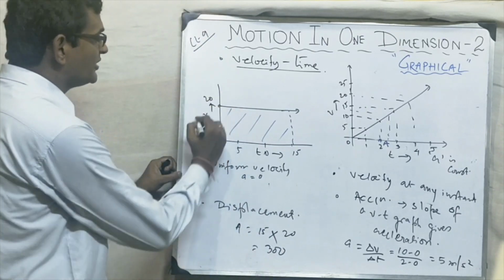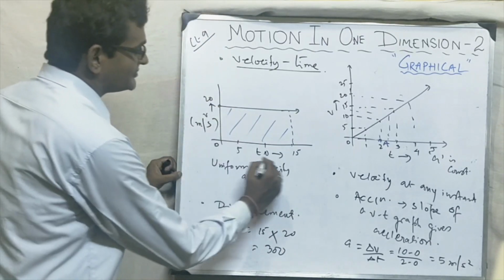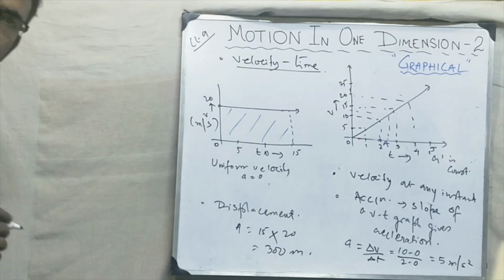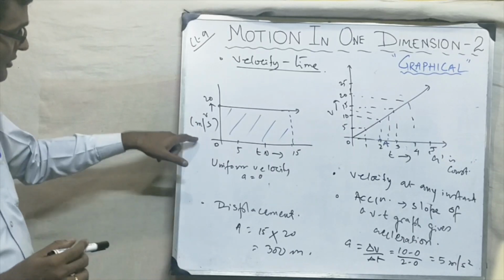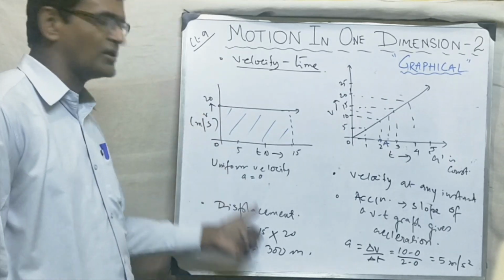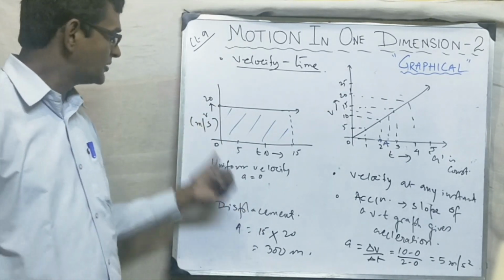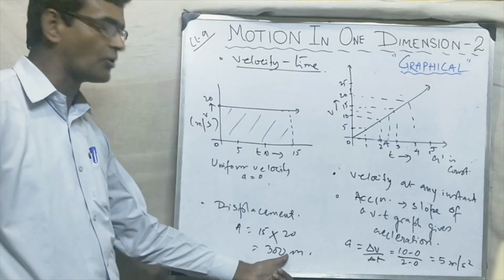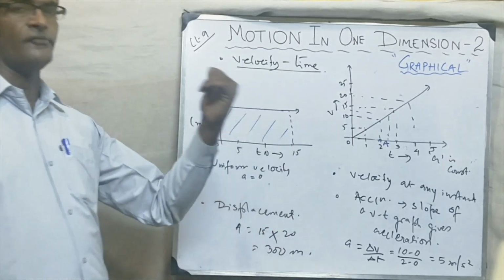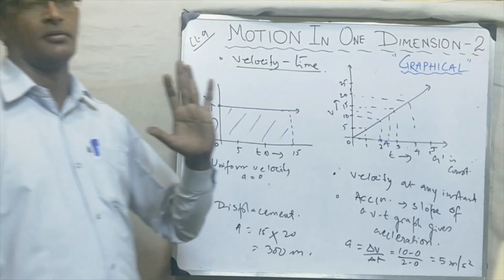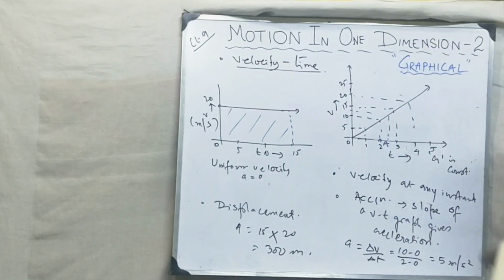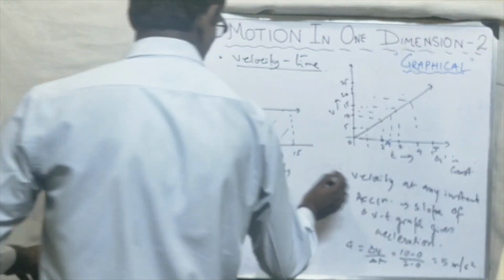Now suppose this unit is given in meter per second and this time is given in seconds. So obviously this will be meter. If this is given in kilometer per hour and this is hour, it will be kilometer. You can get that from the graph. Whenever a graph question comes, they always write the unit. From that unit you can copy it here. That is not a problem. So area under the VT graph gives the displacement. I am repeating it: area under the velocity time graph gives the displacement, and this is the third point.